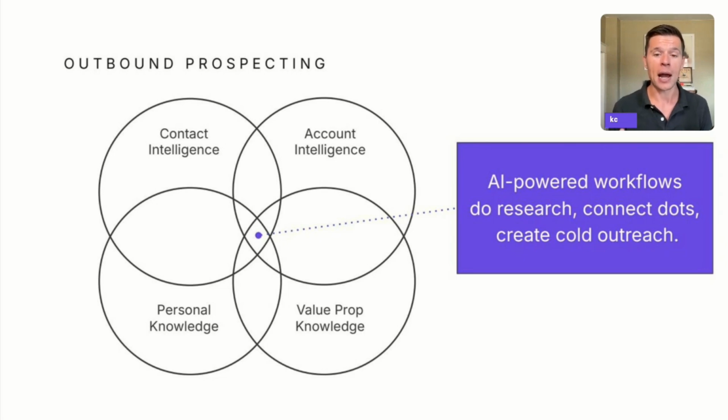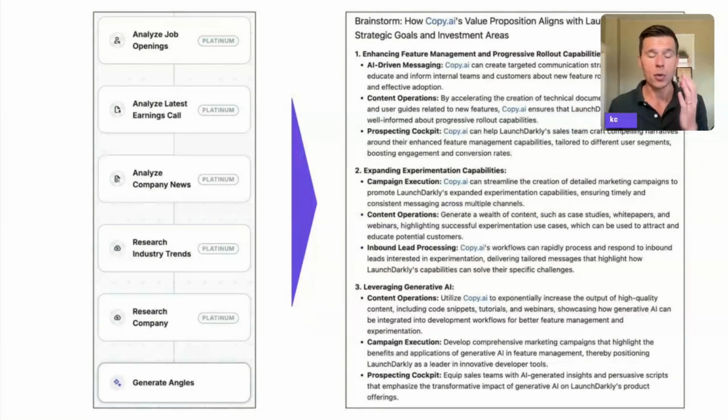Now, the cool thing about AI workflows is that they can do a lot of the heavy lifting for you. It's not to say that you're going to outsource your strategy. It's not to say that you're going to outsource all the thinking to AI, but AI can do a lot of the research and do a lot of the dot connection in a way that you can have what you see on